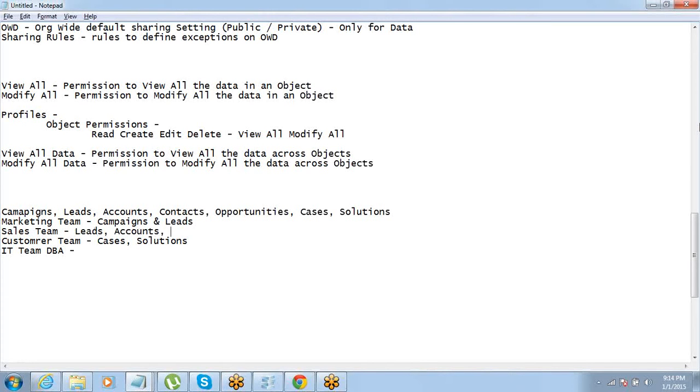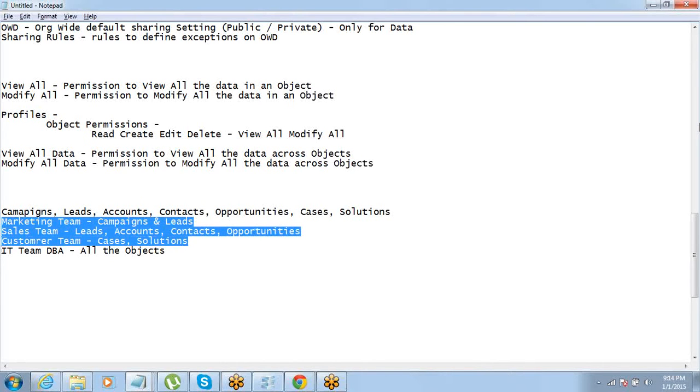They will talk to the leads, then create accounts and contacts, and they will focus on the opportunities. Right? And IT team maybe will need access to all the data, all the objects, because they are the ones who are doing certain things. Okay, so you can easily go and create these 4 different profiles here. So this is how we start with the profile thing.